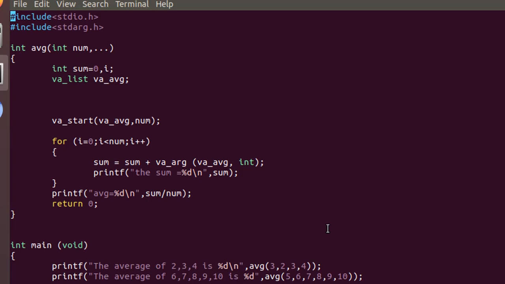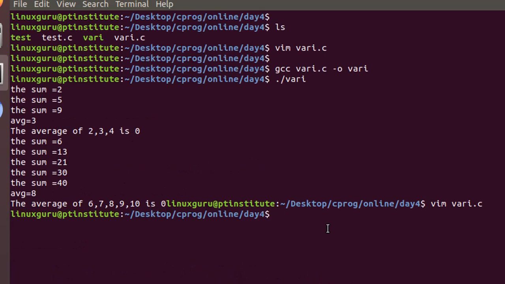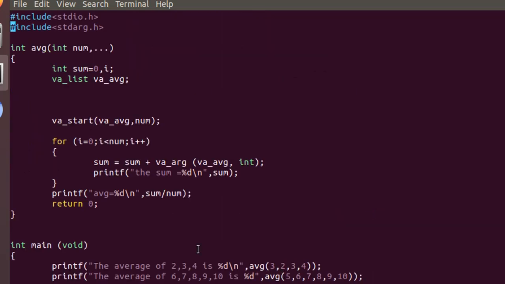Okay. So we can change this further if required. Consider here we pass only two arguments, 2 and 4, and here we can pass maybe 8 arguments.